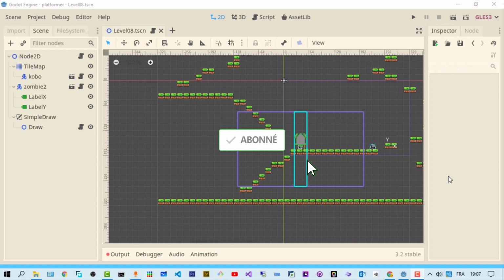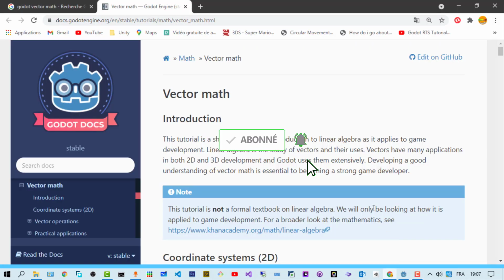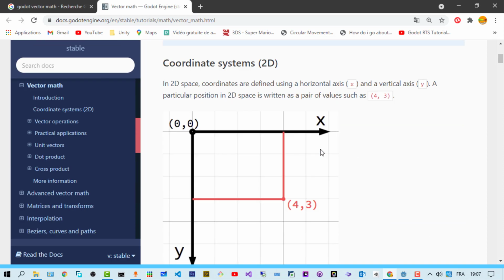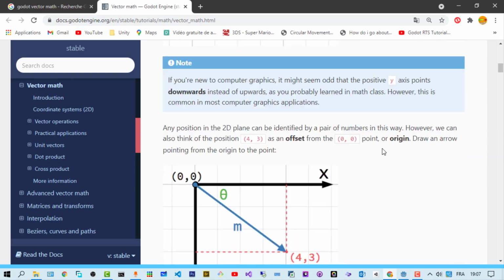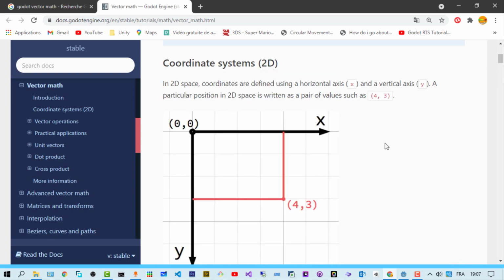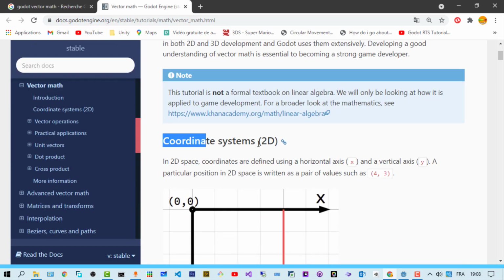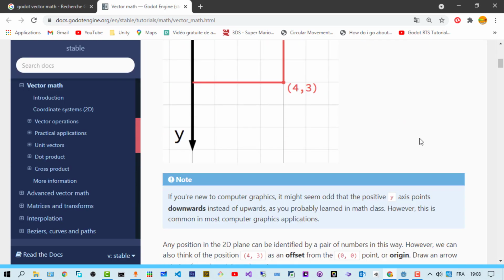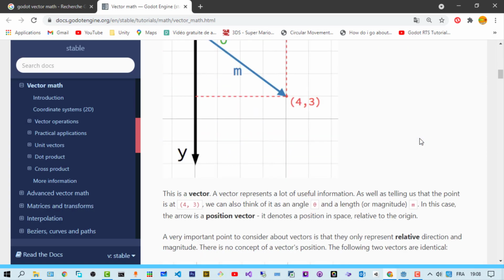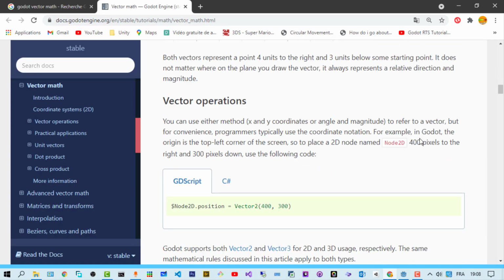Why do you need to learn vector math when you're a game developer? The question always struck me when I started developing games. And of course, my next step was to learn from the documentation, and this is the Godot documentation, where you have this vector math section. You have an introduction about the coordinate system in 2D, and also all the basic operations